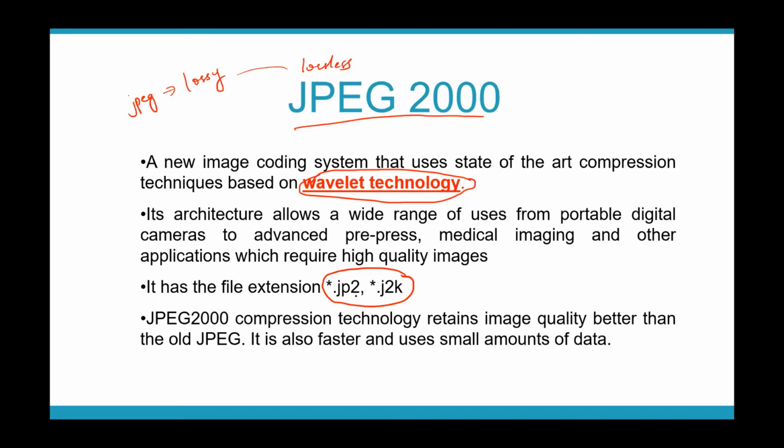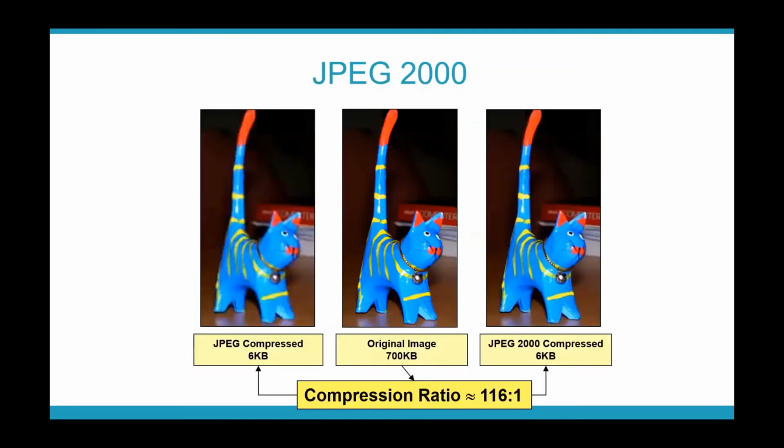Okay, so if you use this technology instead of your normal JPEG, storing your images in .jp2 format, what you will find is that your images will have a higher quality than our old JPEG format, because it uses a different technology called wavelet technology, where your information will not be lost when compression is applied. Okay, so JPEG 2000 is just a compression technique, and the files are stored with the extensions .jp2 and .j2k if you are using this particular file format. Okay, so this is yet another system independent file format which is slightly different from your old .jpg format.